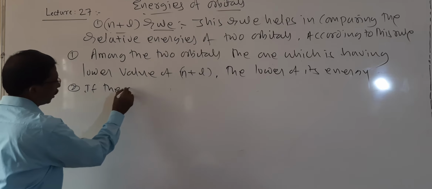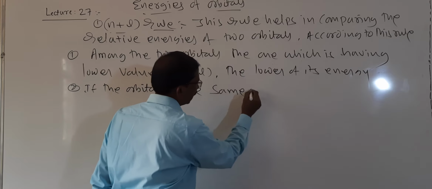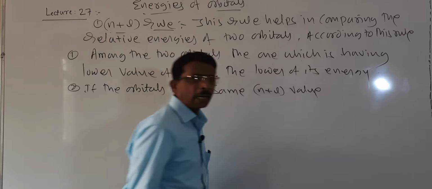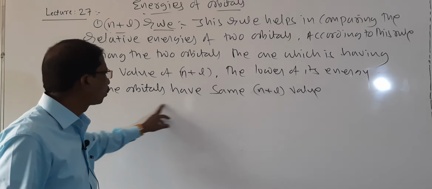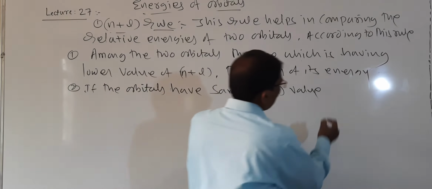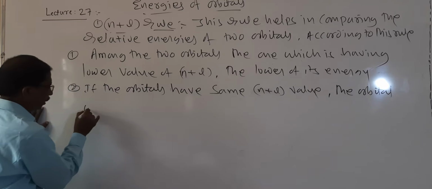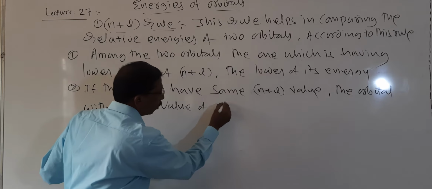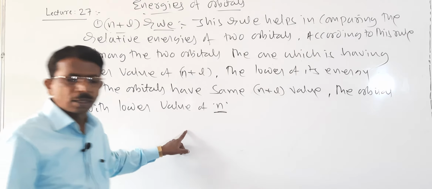If the two orbitals have the same value of n plus L, if the two orbitals have same n plus L value, the orbital with lower value of n, very important one, the orbital with lower value of n will have